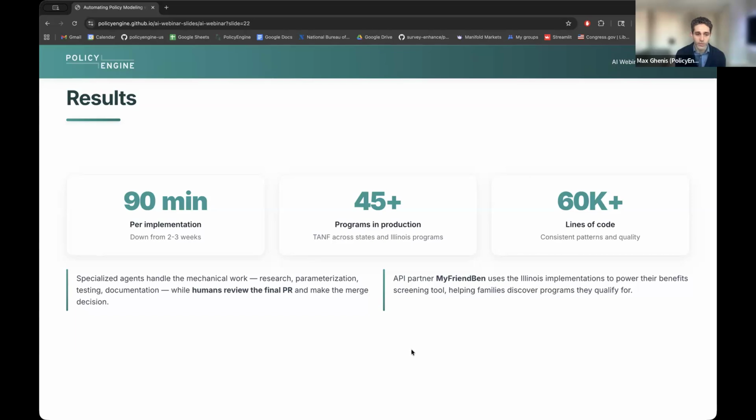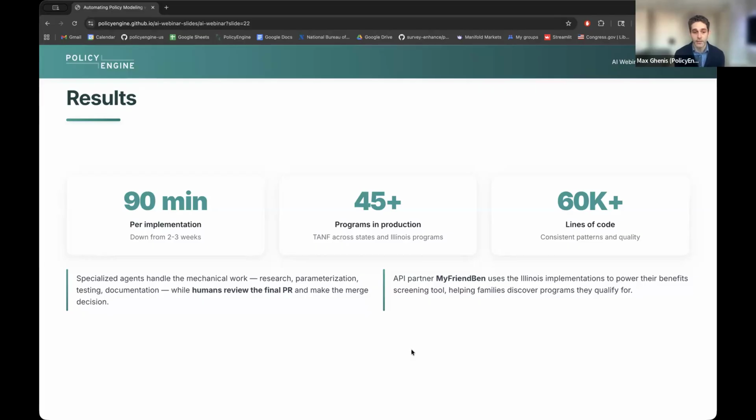We're still at the stage where humans are reviewing the final result. We hope to have enough confidence in it over time that we can go from zero to implementation, at least for programs of a certain category. But for now, we're still learning, still iterating to get that last 10% or so of the program done.